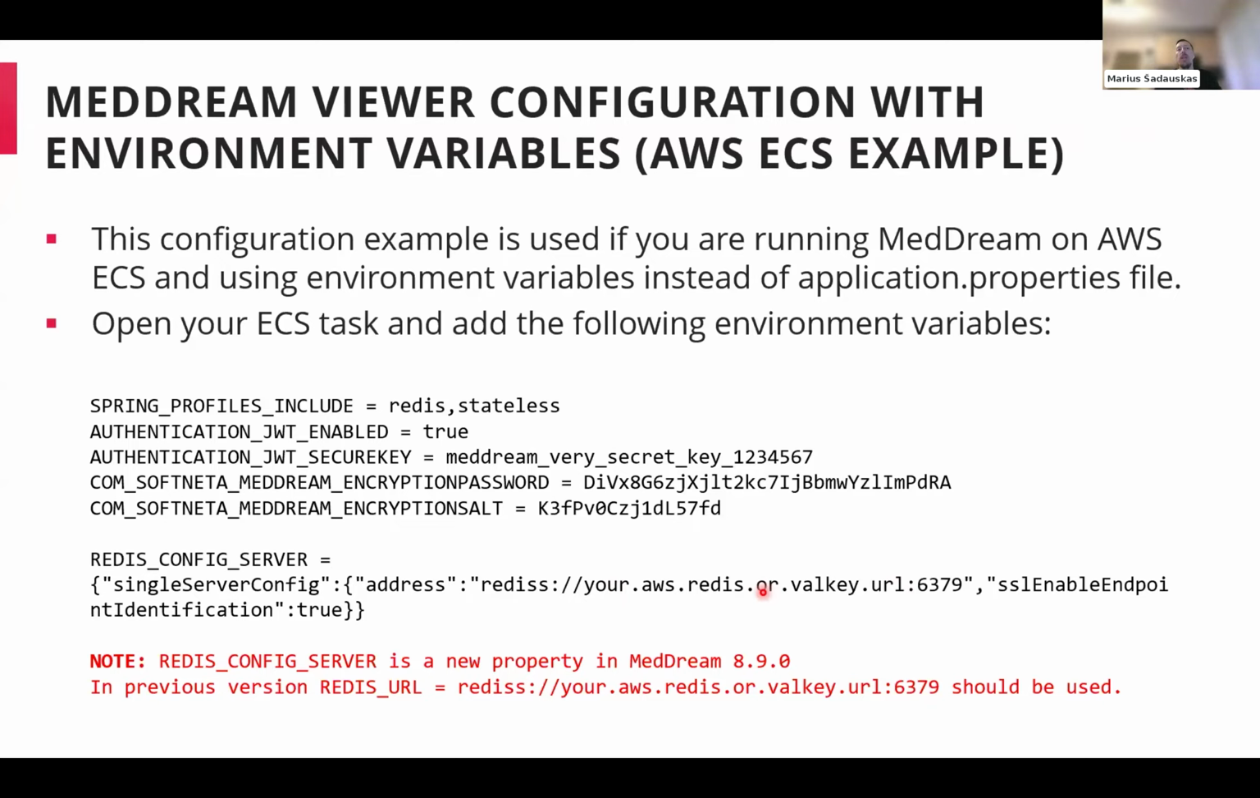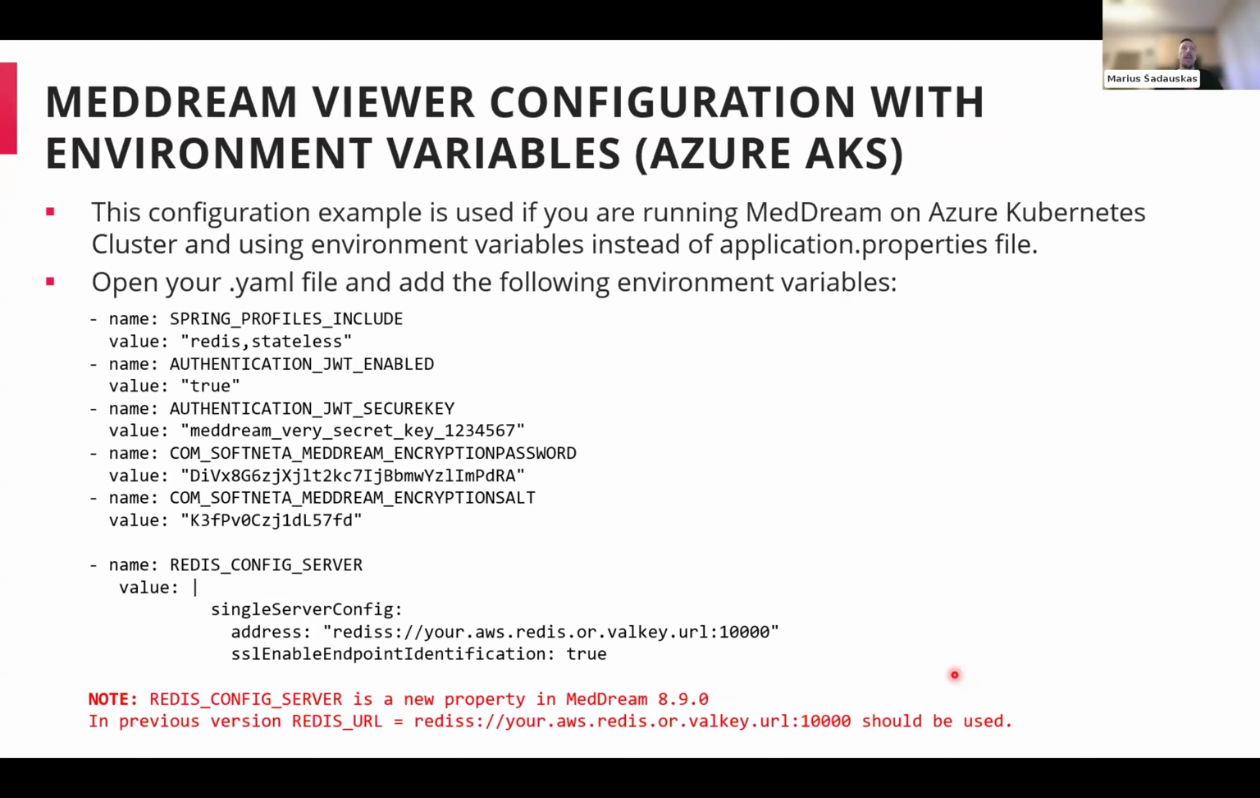So this is also in MedDream Viewer 8.9. If you are using an older MedDream Viewer, you need to use the Redis URL environment variable instead of Redis config server, and you need to provide only the URL. So this is a change in 8.9, so you need to check this when you are deploying. And another